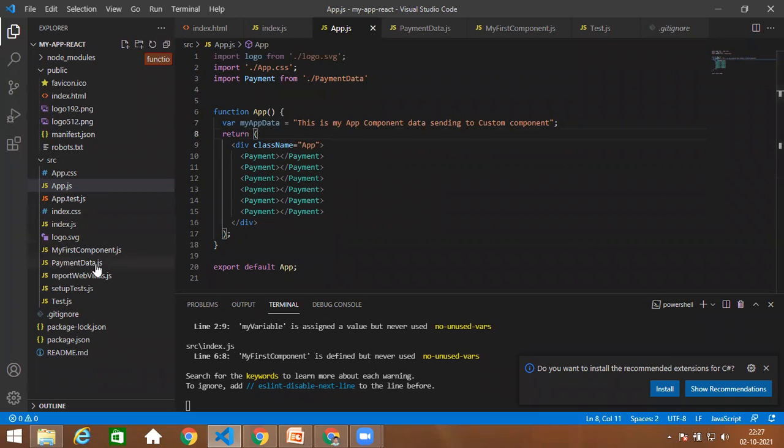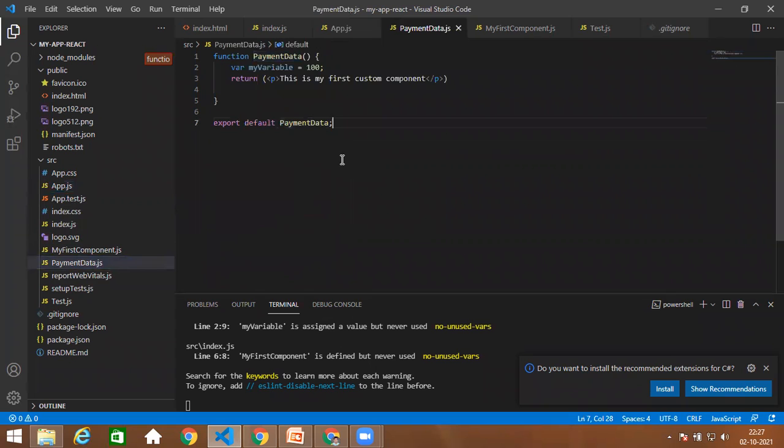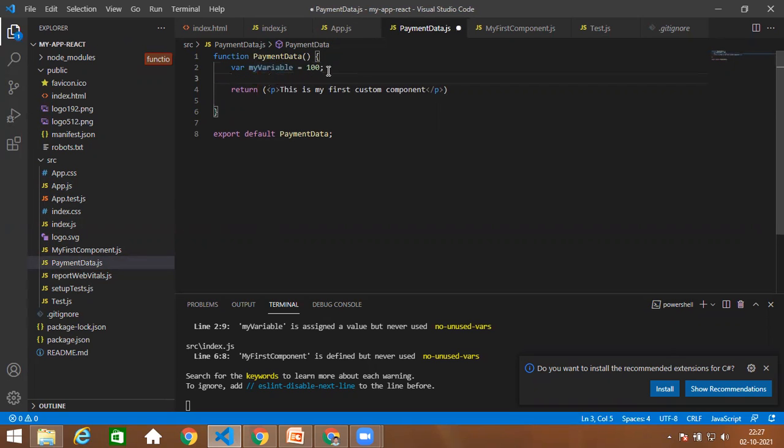I'll go to my payment data.js. Here is a JavaScript variable I have just created. You can display this JavaScript value inside your HTML page by using flower brackets. So I'll use my flower bracket and display the amount I have given here, some 10,000.